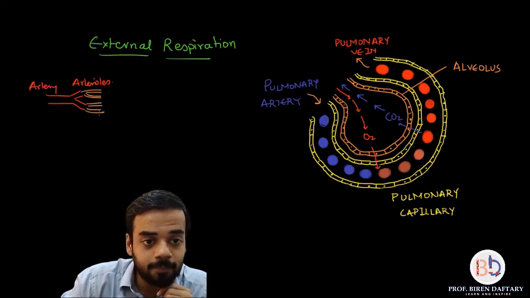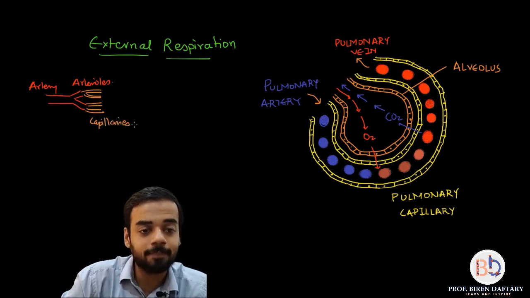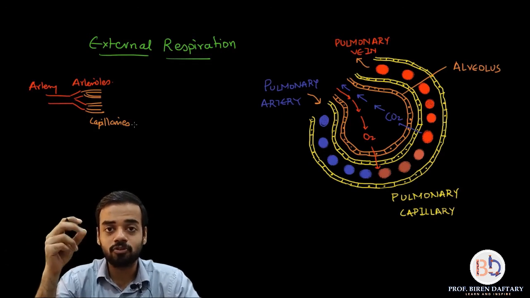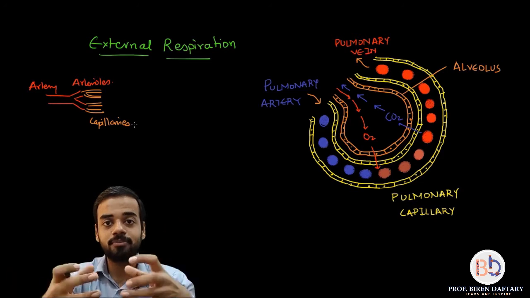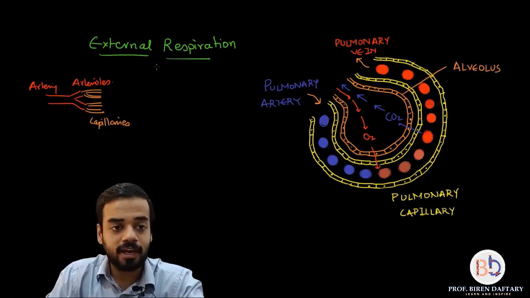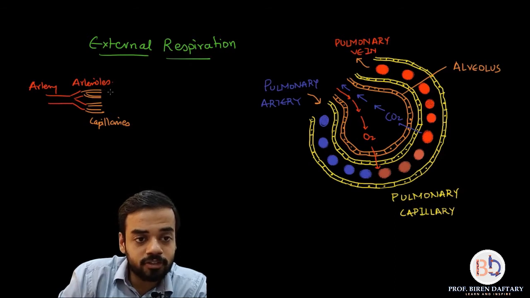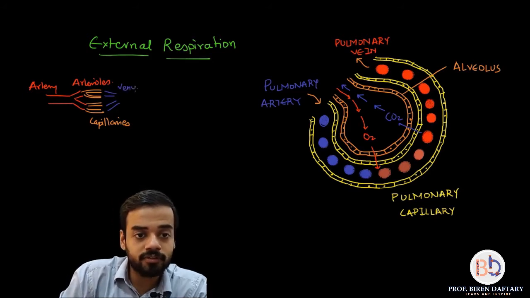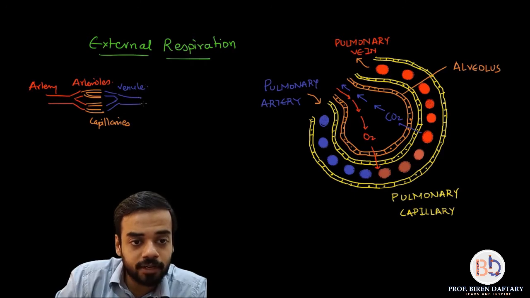called capillaries. So these orange colored things are capillaries, and capillaries are the thinnest blood vessels, and because of that gas molecules can diffuse through them. Then what happens is after some time the capillaries join up and they form structures which are called venules. So I will show you the venule. So this is one venule, this is the second venule. Okay, so I will write down over here venule, and the venules then join up to form a vein.